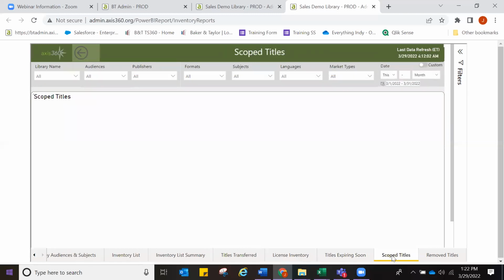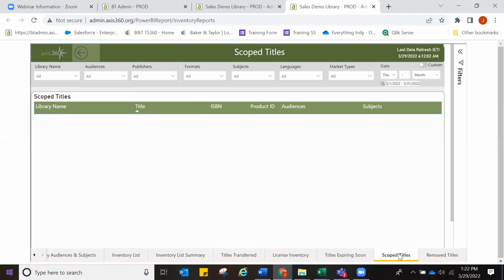Scoped titles. Again, I don't know if we have any schools on the phone, but this is a new report. You used to not be able to see a list of titles that you had scoped out. And that was requested. So again, I wish this had the null or all time button here. So I would have to do again the last however many years, 20